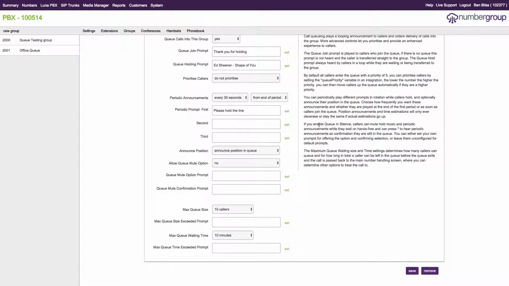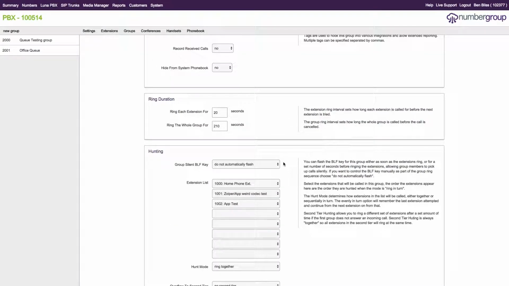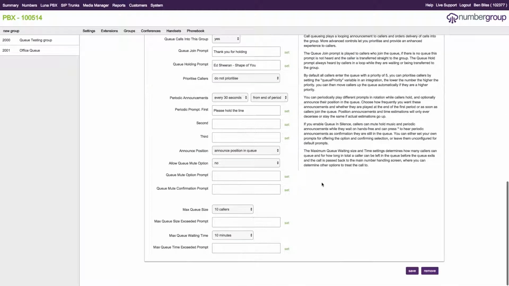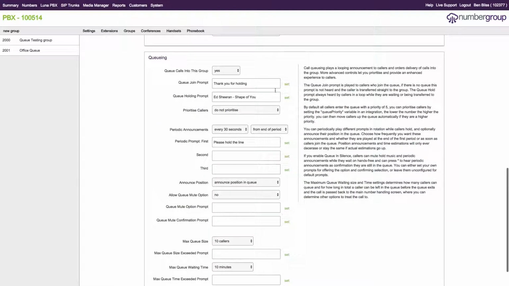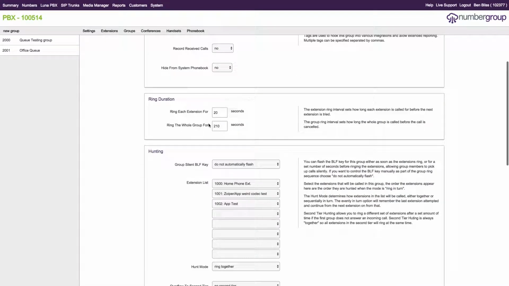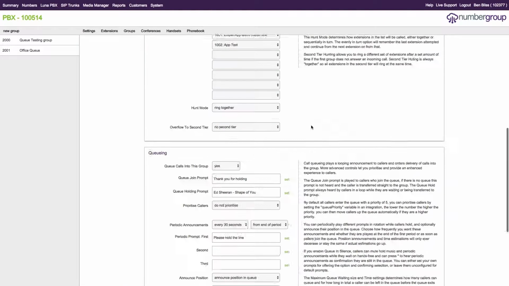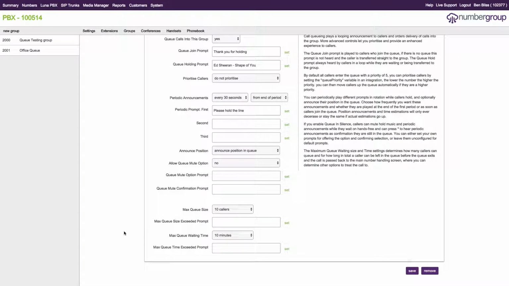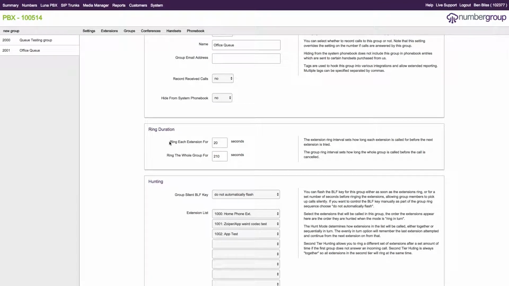Everyone that calls through will be placed into a queue, and the extensions listed here will ring, and obviously you'll have the options. These are what play to the customers, and these will ring accordingly. Now, you can change the ring durations here. The ring whole group is ignored because this is the timer that is used. However, ring extension 4 can be set,